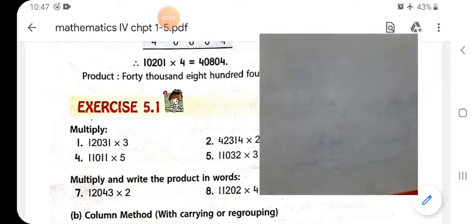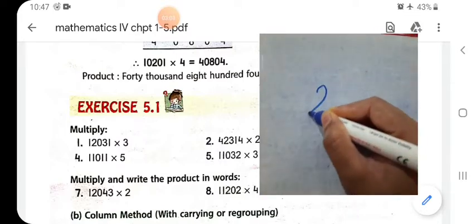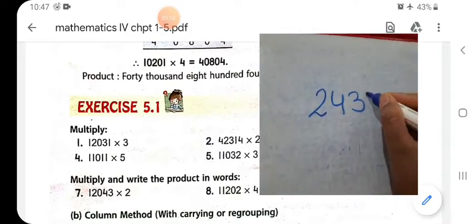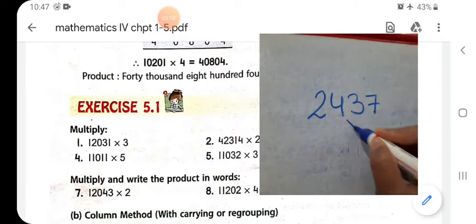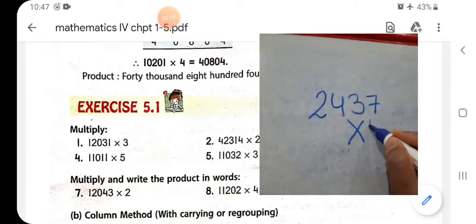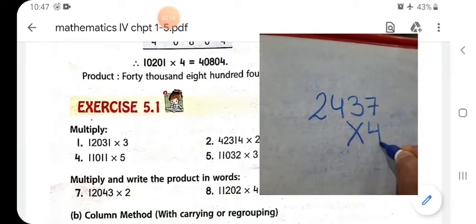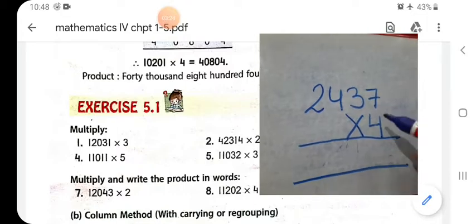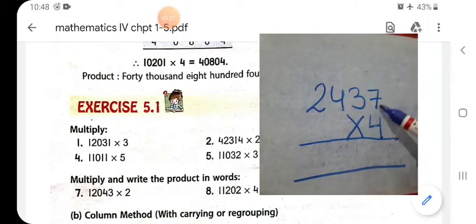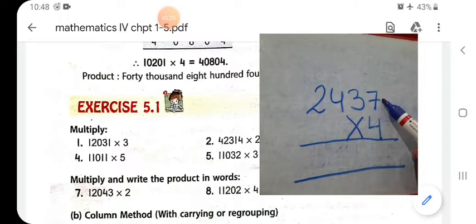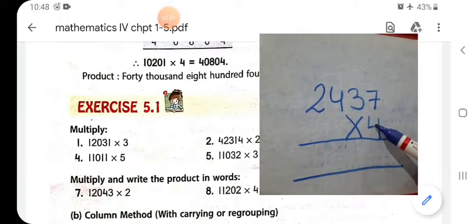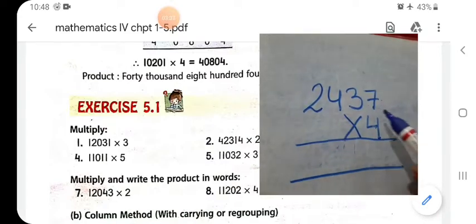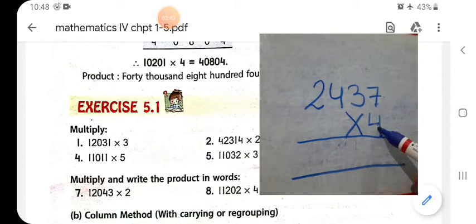So here it is, 2437 multiplied by 4. Now we are going to multiply this. This 4 is the multiplier and 2437 is the multiplicand. So we are going to multiply this multiplier with each digit given here, one by one, starting from the right. So first of all, 4 sevens are